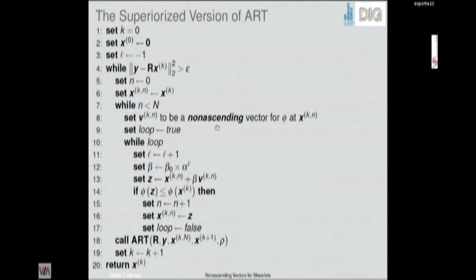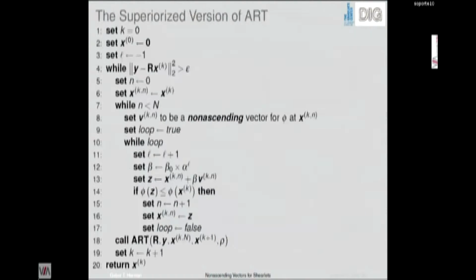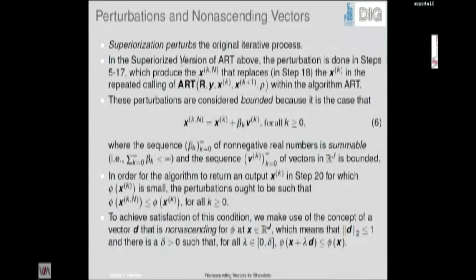So that is the superized version of ART. So superization perturbs the original process, because the original process would just go x1, x2, x3, x4, and so on. Superization perturbs each iterative step before I go on. So these perturbations look something like this. And as you can see, by the definition of non-ascending vector, eventually I'm going to get to